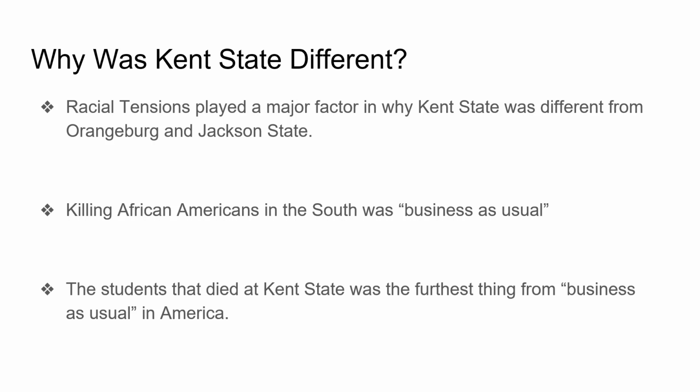They were bystanders. Kent State was different because despite the red flags, despite the imminent threat that these events that happened over the weekend were building to a boiling point that was going to end badly, 4 white students from archetypical working families were shot and killed on a college campus by National Guardsmen. What happened at Kent State was not business as usual like what happened in the South was. This was the furthest thing from it.